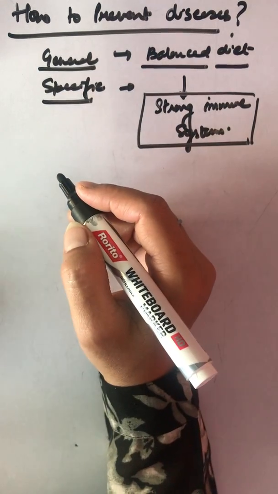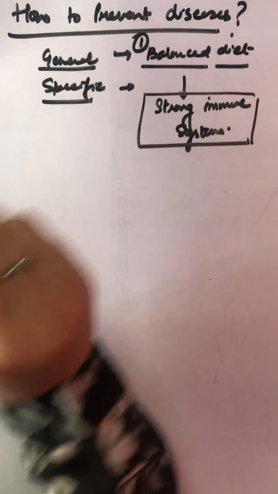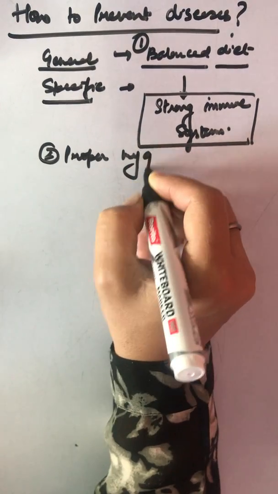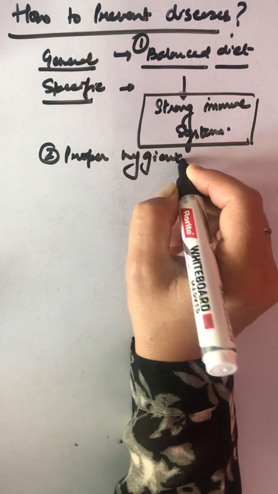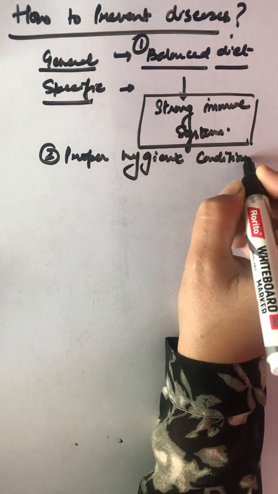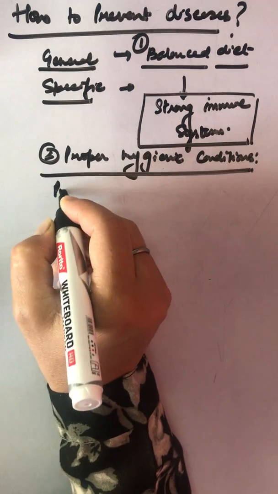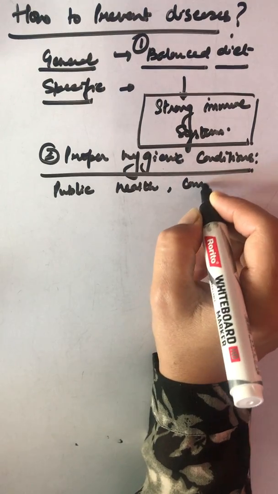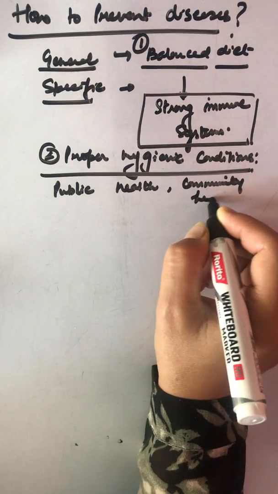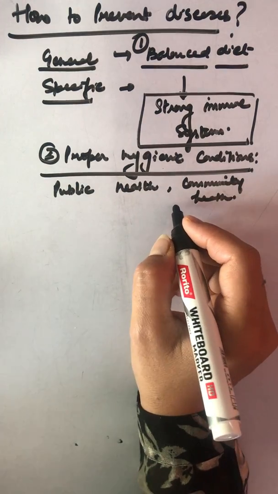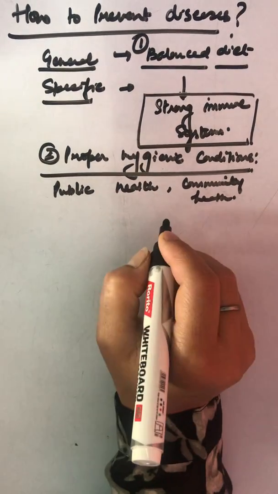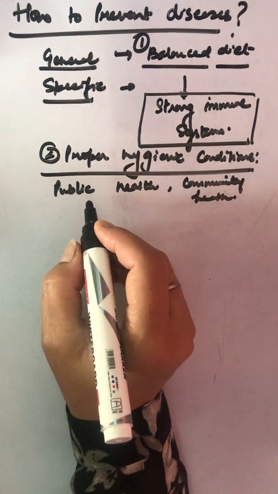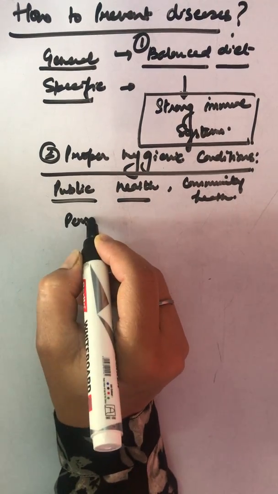Then, if we are talking about another aspect, first is the balanced diet, second would be obviously proper hygienic conditions. We have talked about public health, community health, right? And these two are equally important. Hygiene is the practice of keeping things around oneself clean in order to prevent illness and disease. So, what should we do? We should maintain personal hygiene,